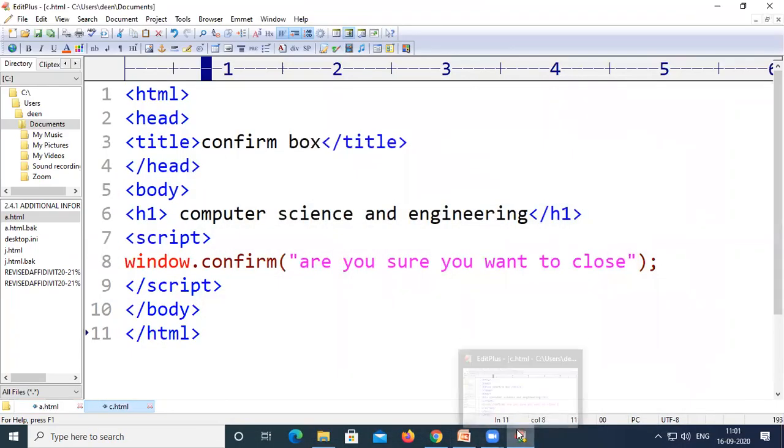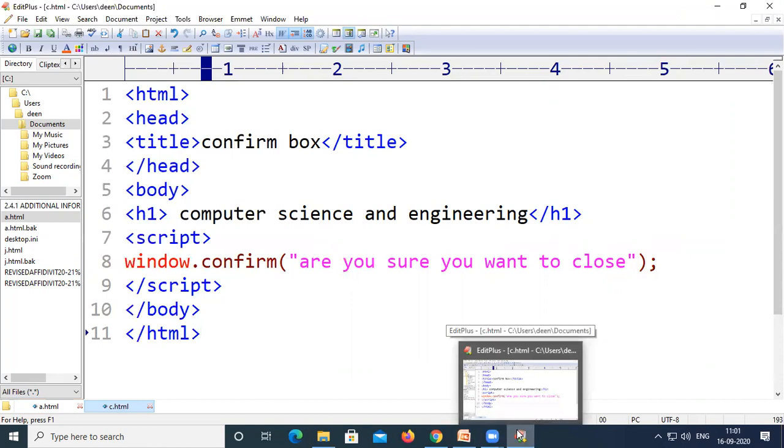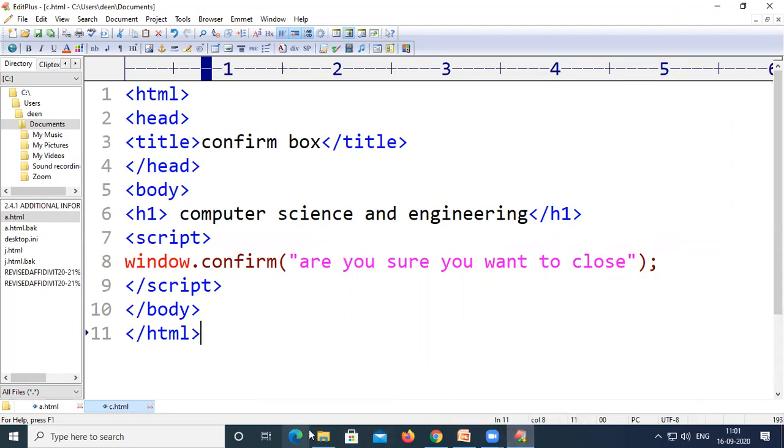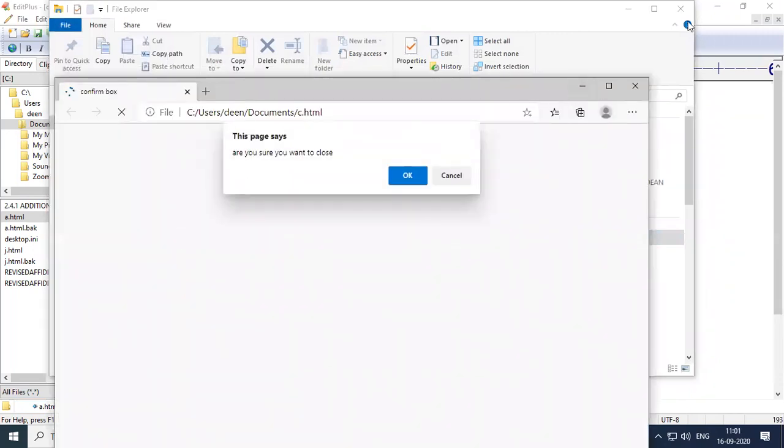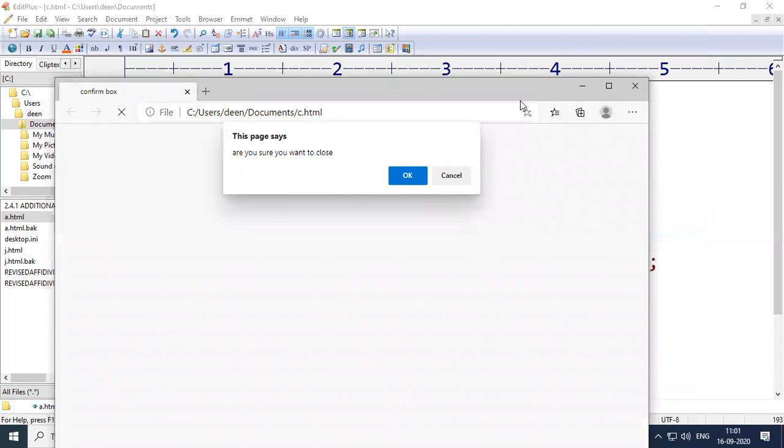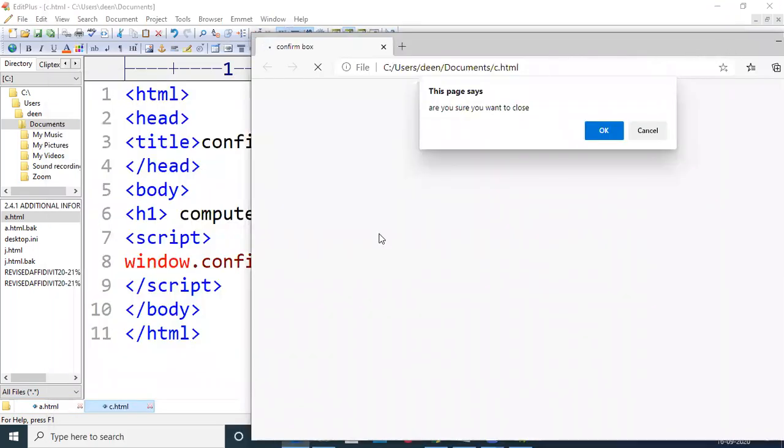In order to write the perfect code for this confirmation box, we need to include a lot of code. For example, if I want to add this particular alert box to the window closing button, we need to write some amount of high level code. So I'm not going to discuss that right now.